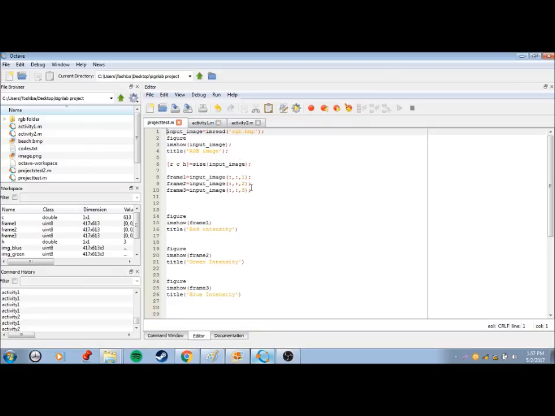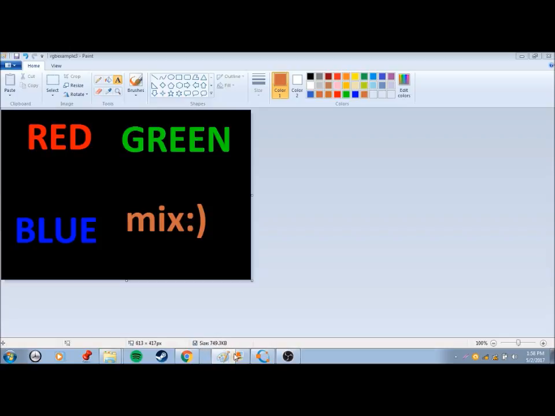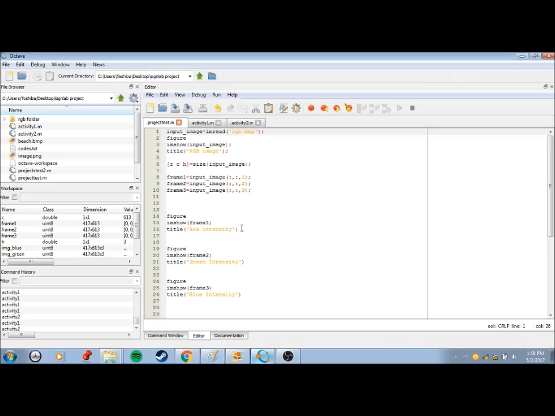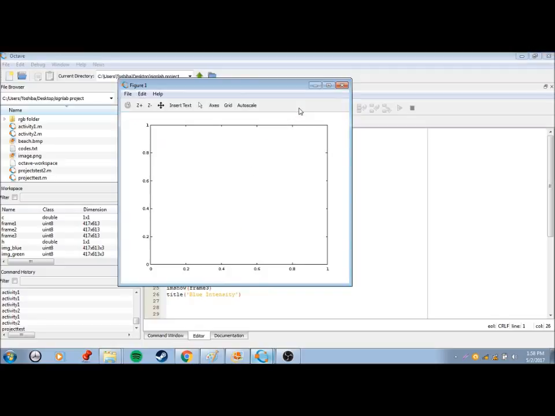This is our complete code. All of these two activities are in this code. Okay, RGB.bmp. Let's run it.